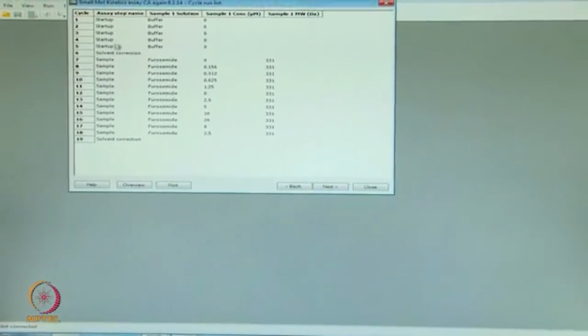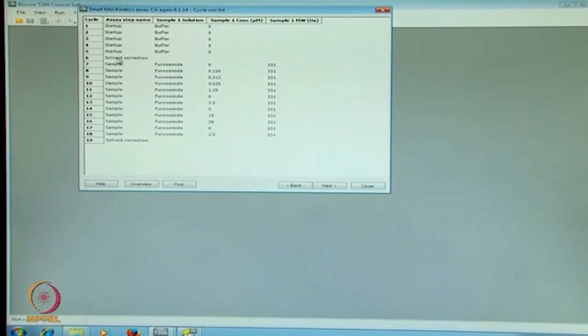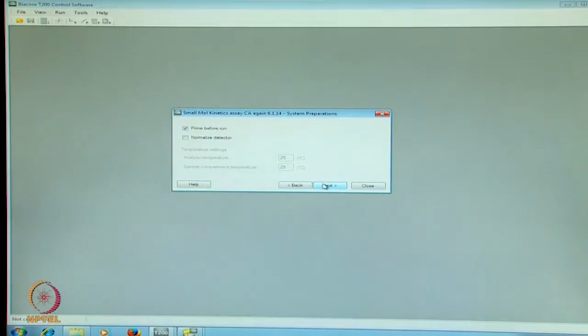We have 5 startup cycles, 1 set of solvent correction before the run and another set of solvent correction after the run. In between we have the furosemide injected at various concentrations on the surface of the carbonic anhydrase, and the kinetic data is accumulated here. We have highlighted prime before run,